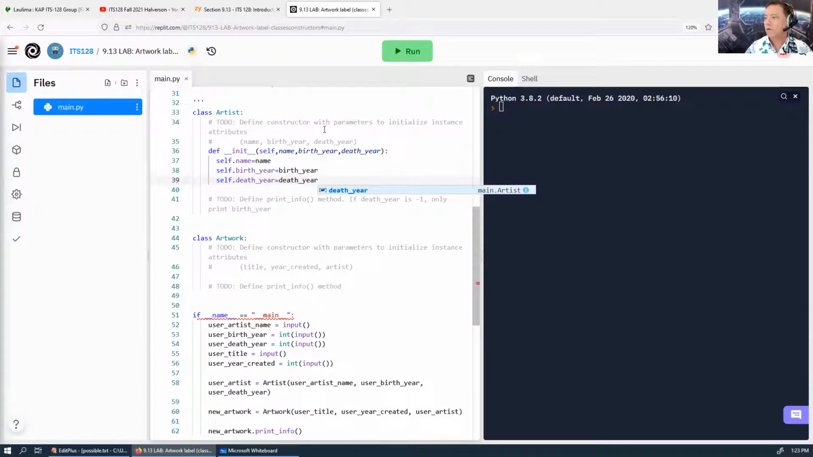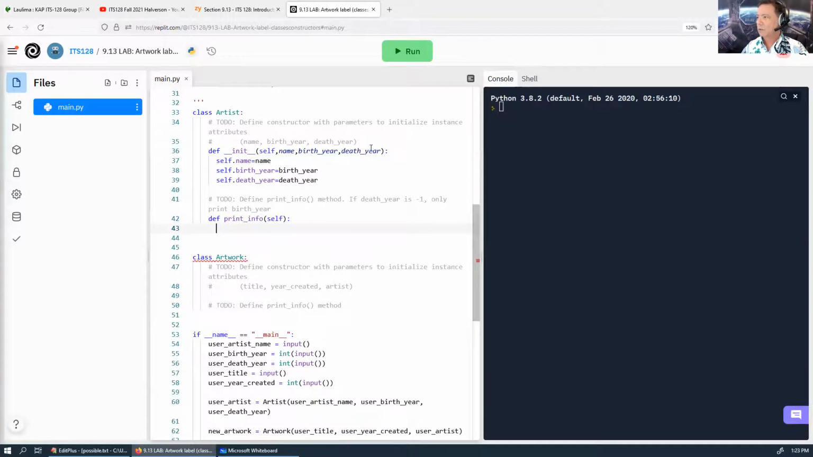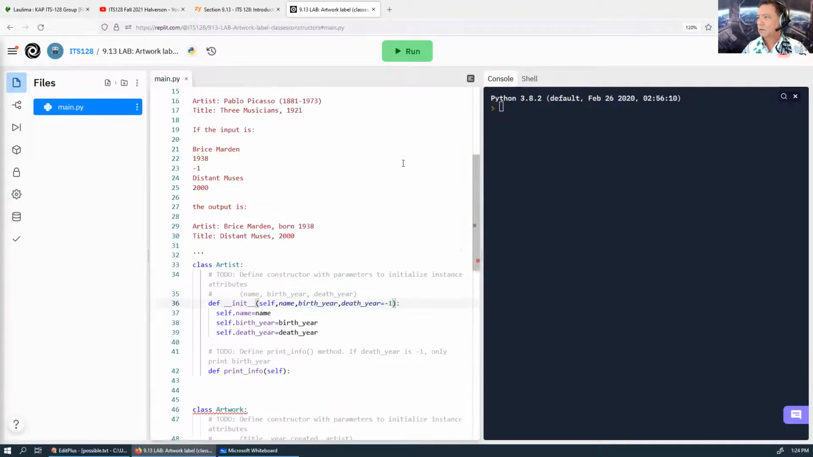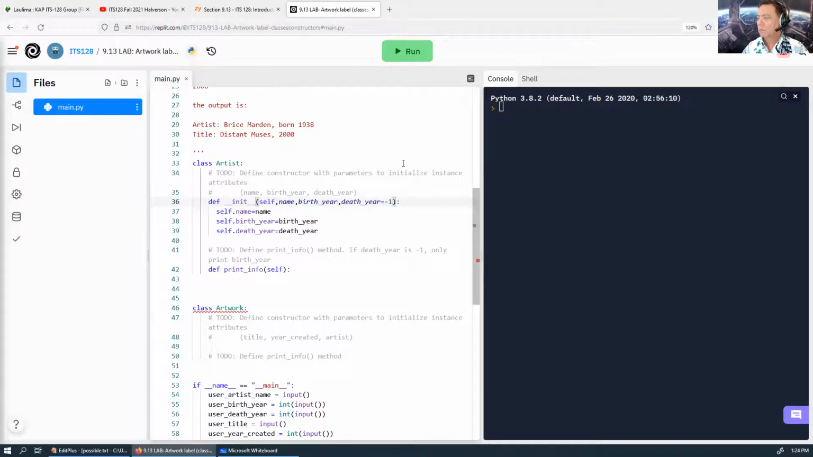And then I got to do a print info method. It's going to be a def print_info, left parenthesis self. So I think what we're going to do is this default, I bet, is equals -1, because that's if there is no death year. It's always going to have a birth year. Okay, so what does the print info do? It prints